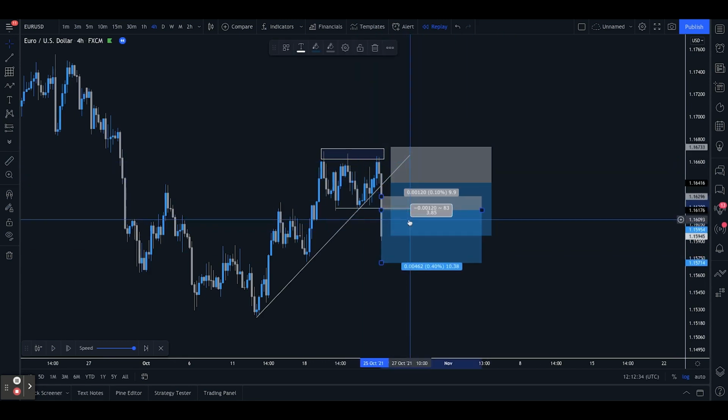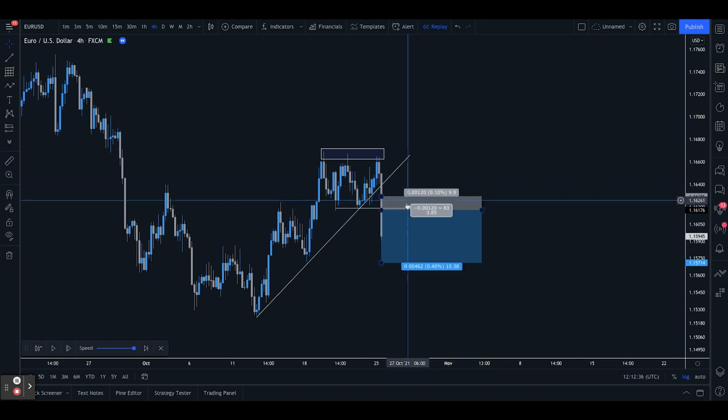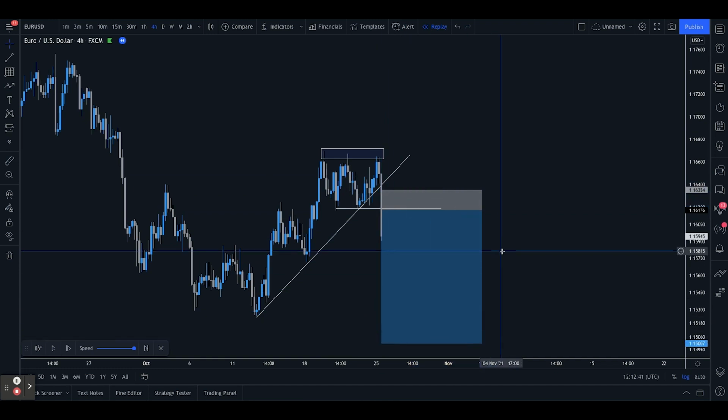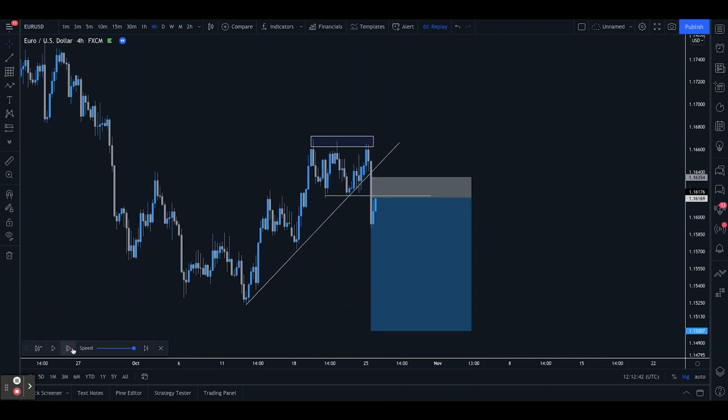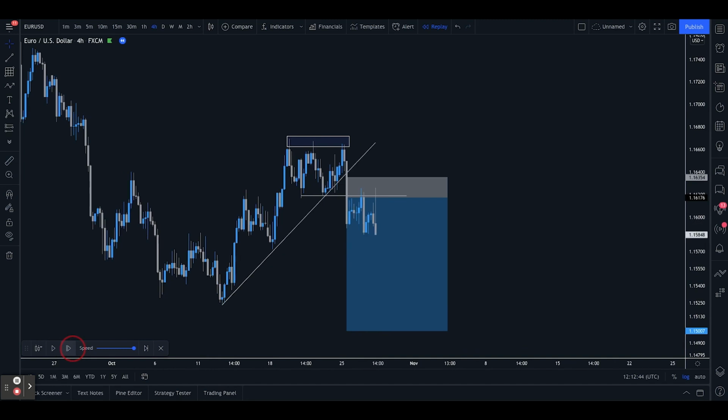Now, at this point, as well as the sellers who are waiting for confirmation, we will have had breakout traders triggered into the market who probably had orders somewhere like this to actually ride the market down. Now, what's actually going to happen to these retail traders is after a little bit of consolidation, the market is going to make a large move back up,